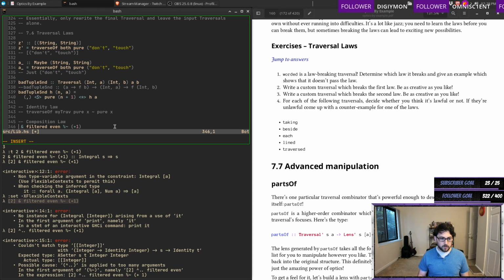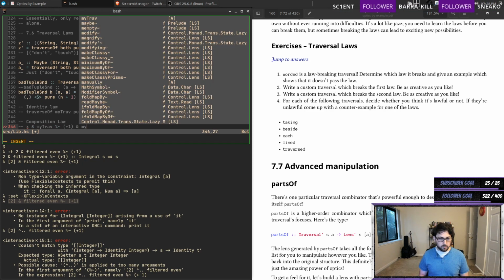So it's like X at my traversal at my F trav